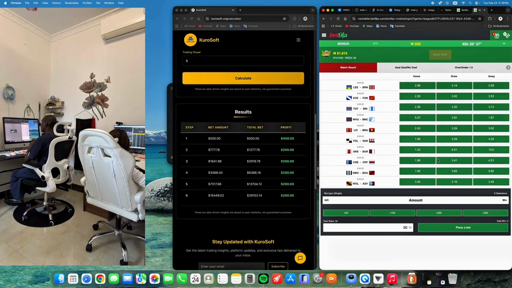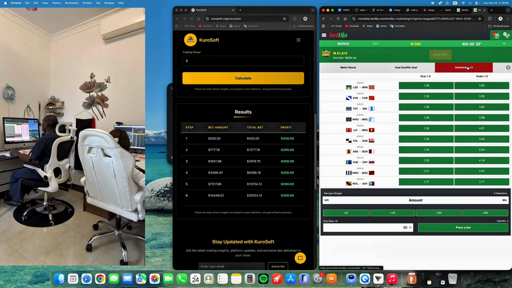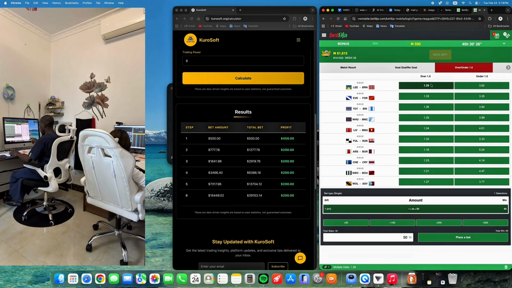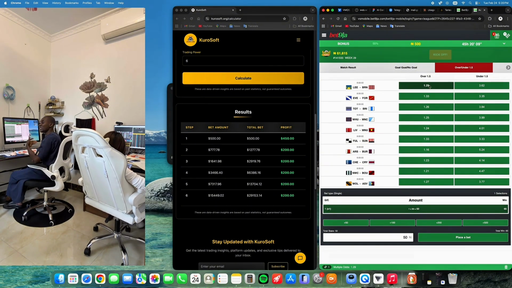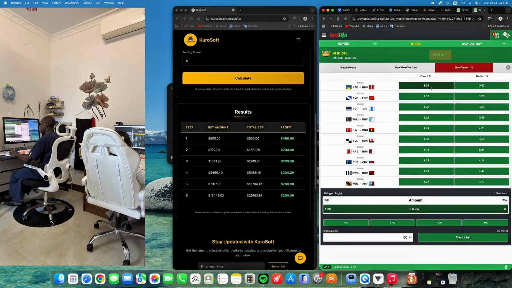So the winning from that previous game was 780. So we had Brentford. You can see that each time the odd is increasing, because now that the odd has increased to this, the chances that it will make a win are slim. The average odd for over 1.5 that you should target is between 1.19 odd to 1.25 odd. This odd is actually not safe, okay?